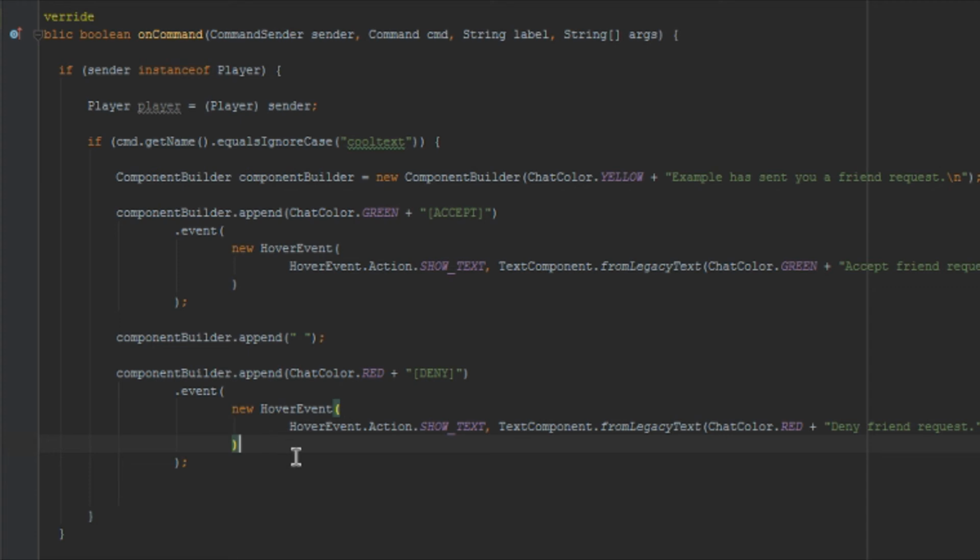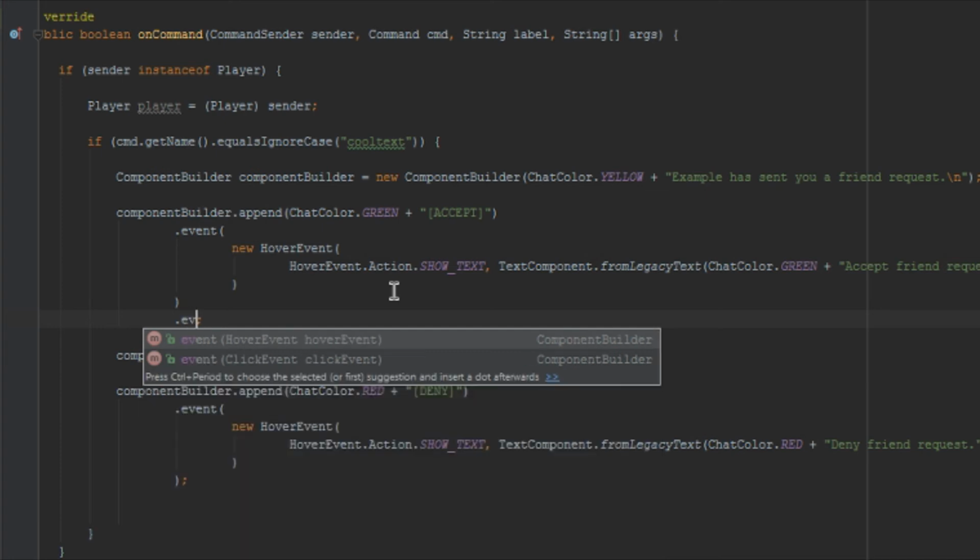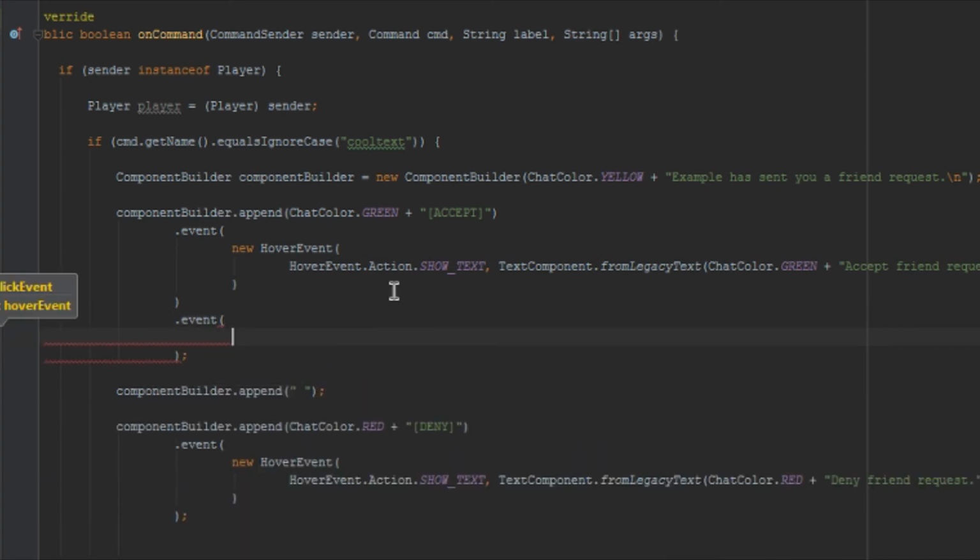So right now all this does is when you hover over these two buttons, it will say either deny or accept, and the space should not have a message above it. Now what we're going to do is add another event, making this look really ugly right now. Dot event new ClickEvent